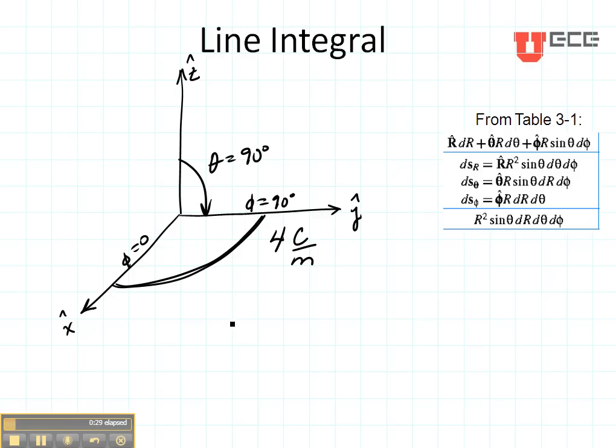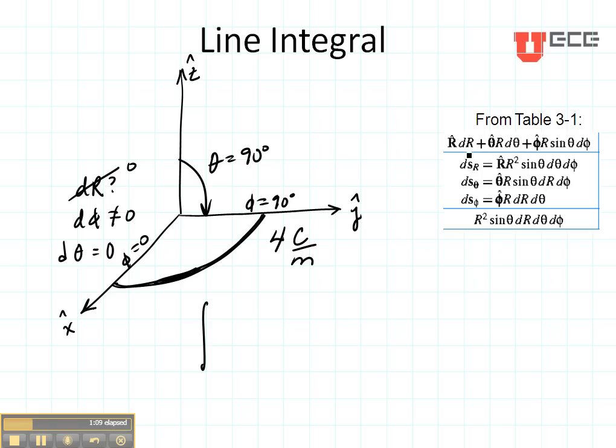Now we want to be able to integrate this to find the total charge perhaps that's along this line, so we know that we're going to be doing a single line integral. We now need to define what changes. Look at this particular arc. Does r change? dr? No, dr doesn't change. dr is 0. How about phi? Does phi change? Yes, we can see that phi goes from 0 to 90 degrees, so d phi is not equal to 0. How about theta? Does theta change? Theta is always equal to 90 degrees in this case, so d theta is equal to 0.